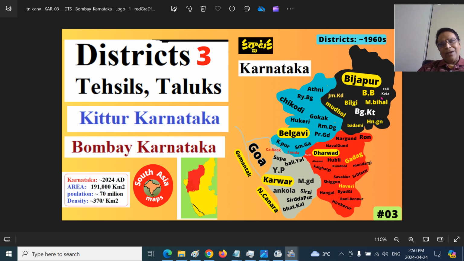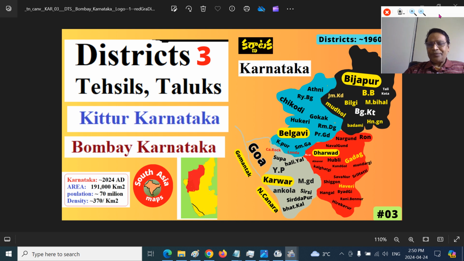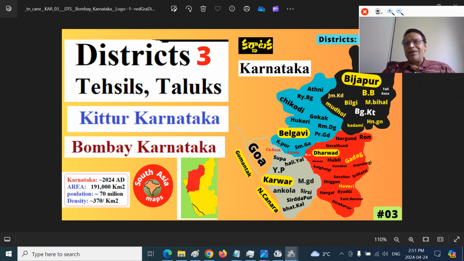The town called Talikota resides here. The Battle of Talikota is a turning point in the history of Bharat. Remember that these are partition-time districts, or districts of the 1960s. In the Bagalkot region, we have Hungund, then Badami, the famous architectural zone, with Pattadakal and others. Then Mudhol, known for one of the best dog breeds of that area, Jamkhandi and Bilgi.